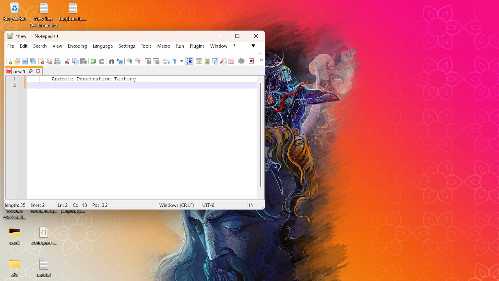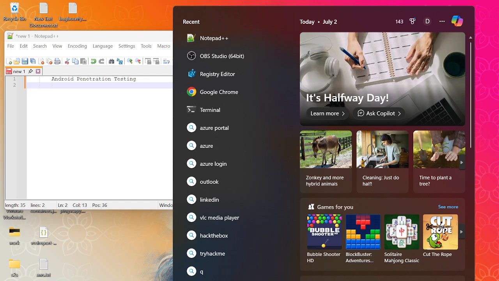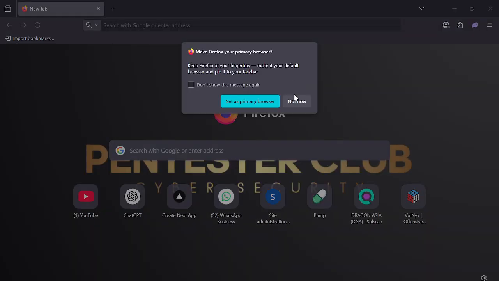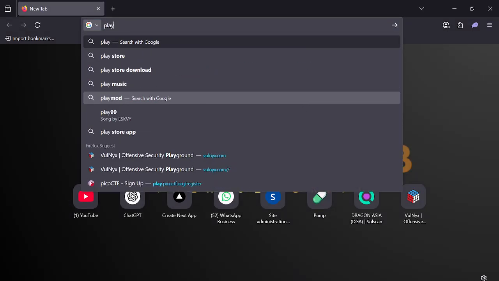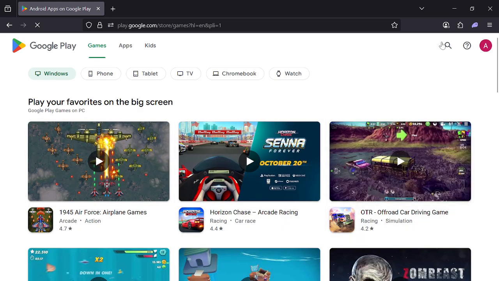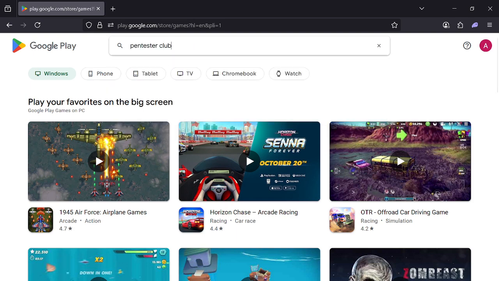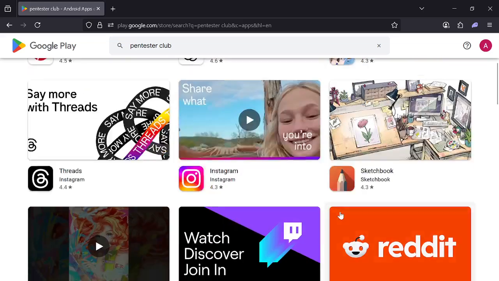Let's consider you have an APK file. Let's go to Firefox, and let's go to the Play Store. Once you are in the Play Store you can get all APK files. If you type any type of app here, like let's type Pentest Club, I don't get anything